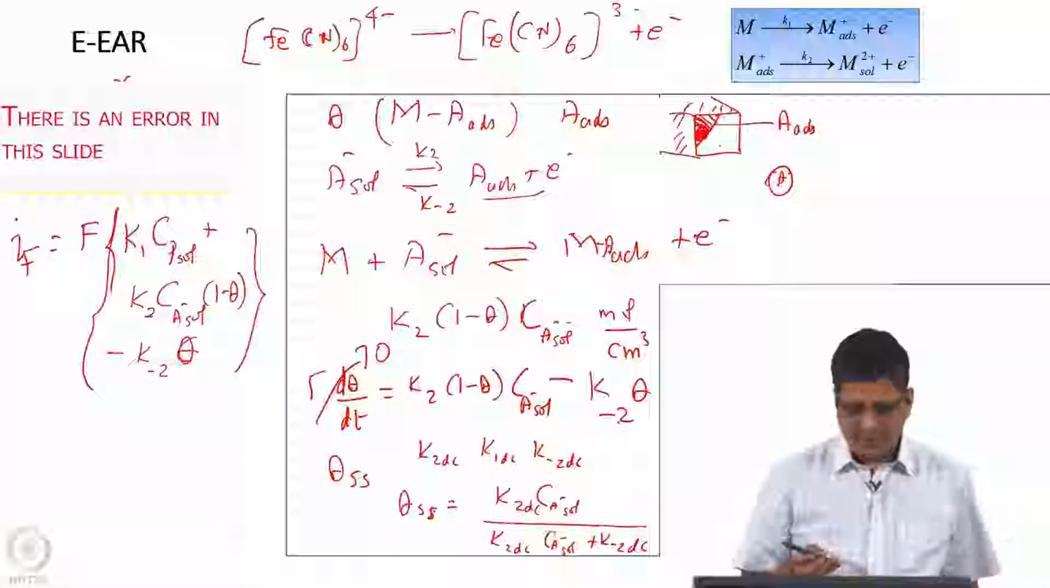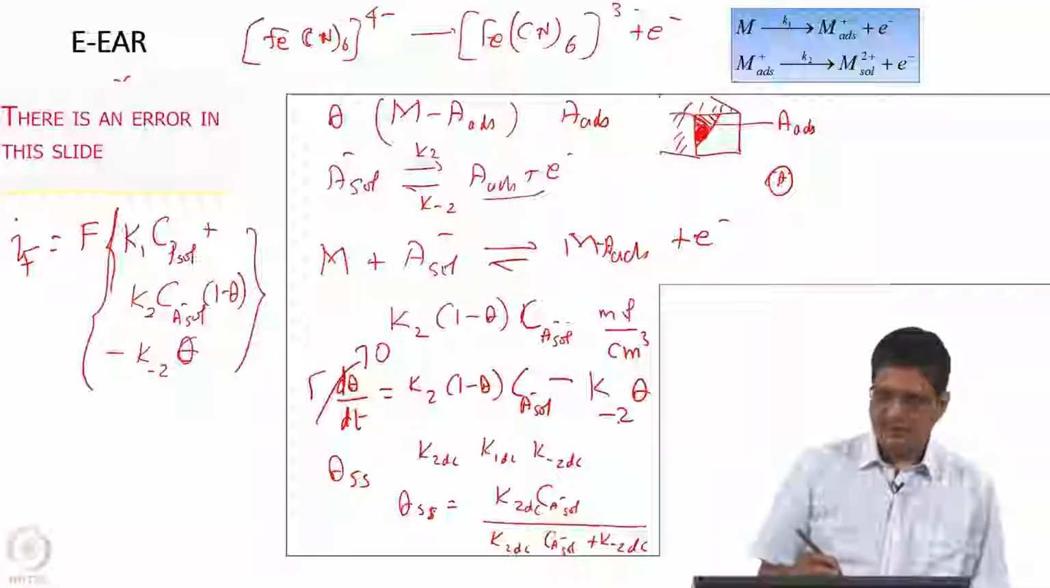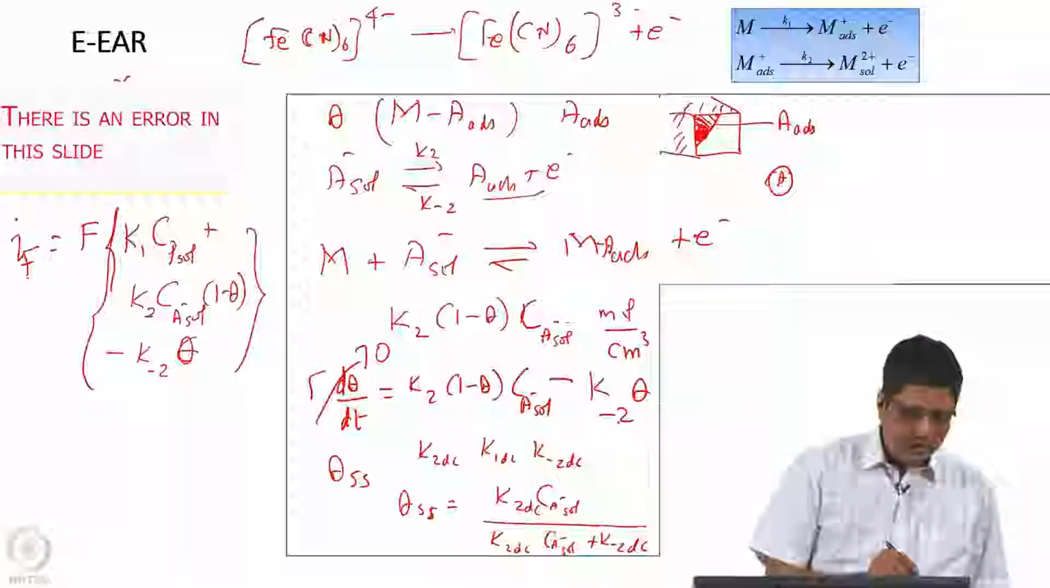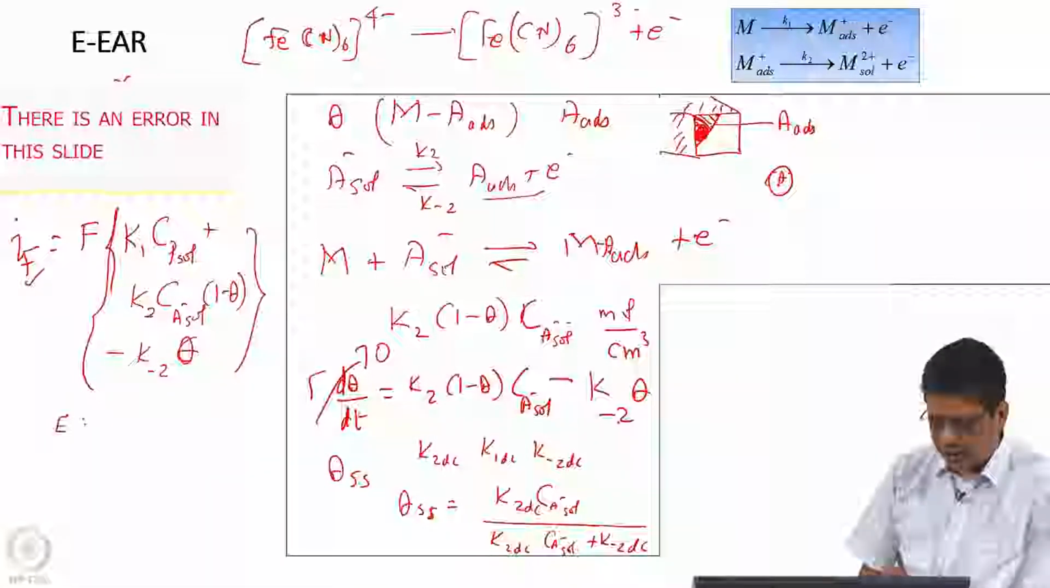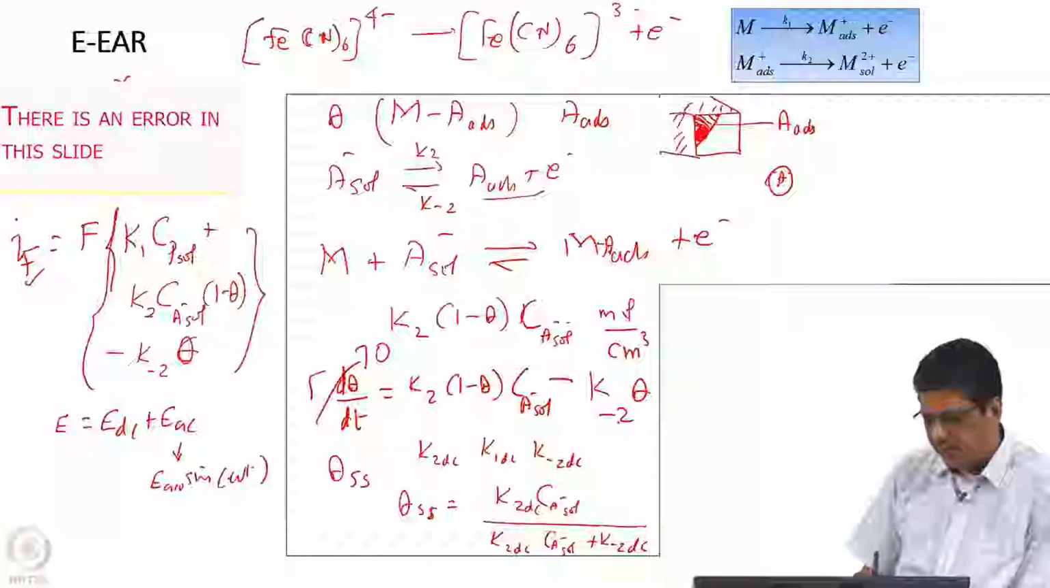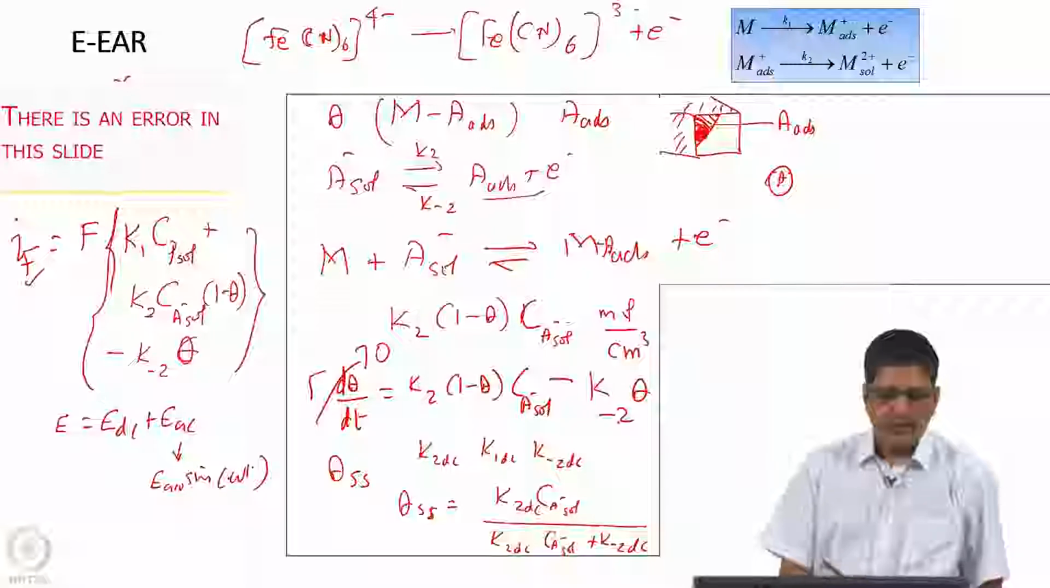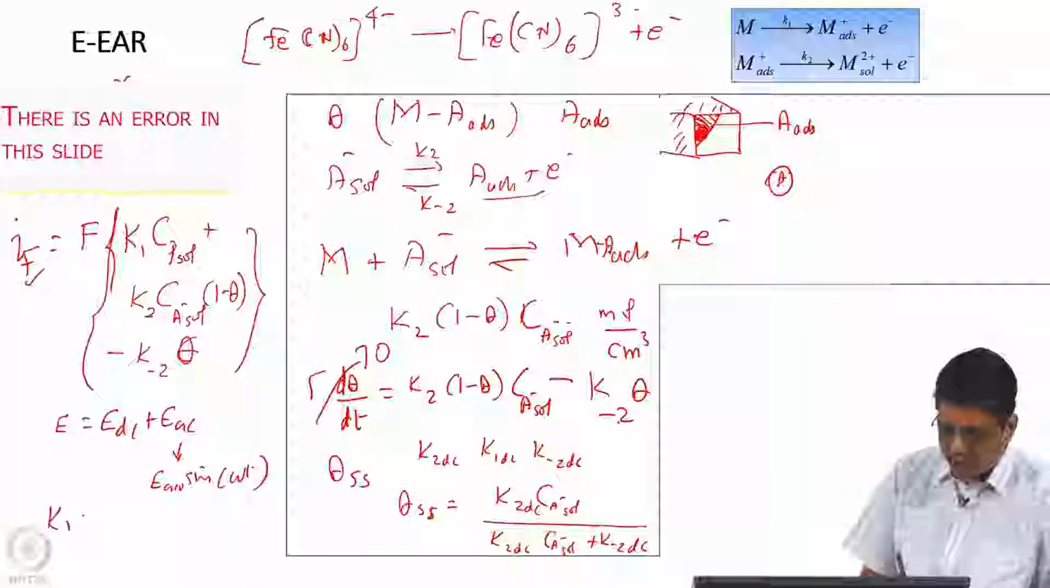Next, we have to linearize this. To get the impedance, I have to linearize this. That means, first I have to expand the potential as EDC plus EAC, where EAC is EAC 0 sin omega t. That means, K1 will be approximately